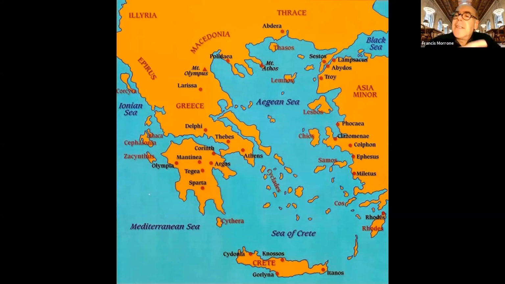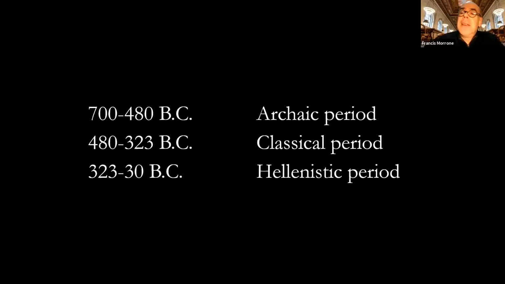And although it's not visible on this map, this is also the case with southern Italy and Sicily, where there were long-standing Greek settlements. So Greek architecture spans quite a realm, not as vast as the Roman architecture that I'll be talking about next week, but pretty vast nonetheless. So, as I say, some basics, real basics.